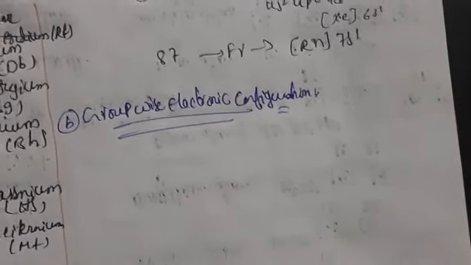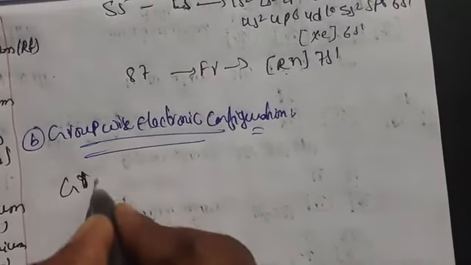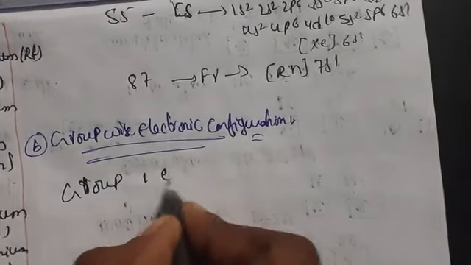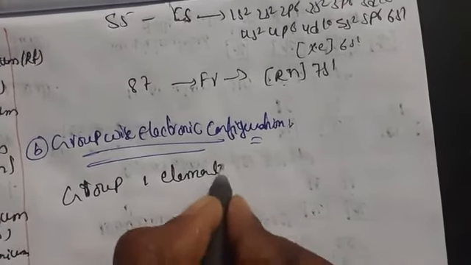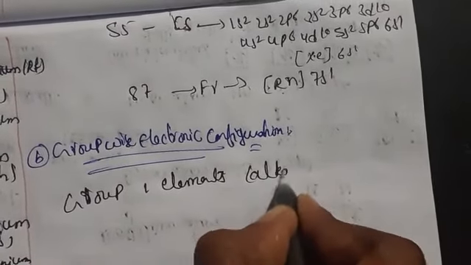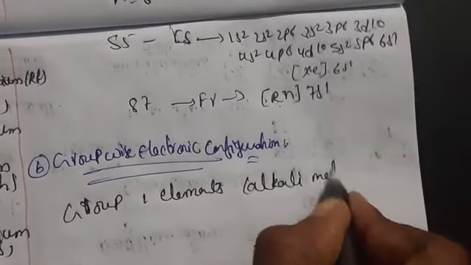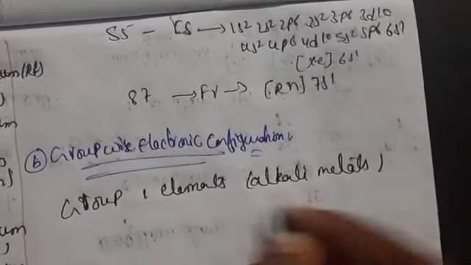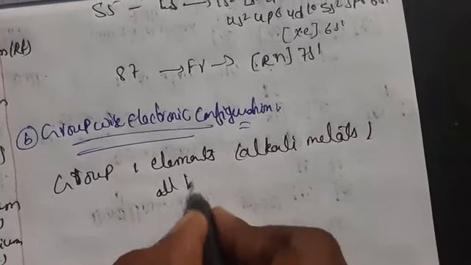So it will exhibit similar properties. If you take group 1 elements, we call them alkali metals. So what will happen? All have